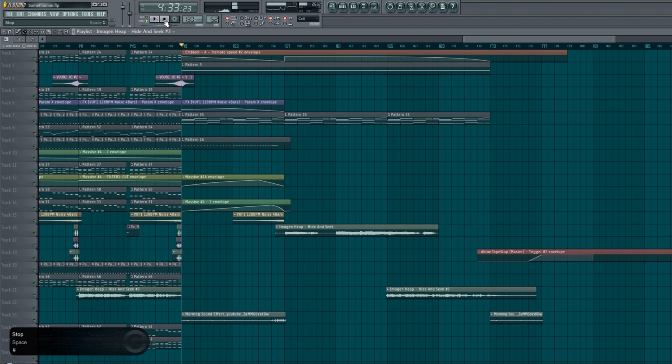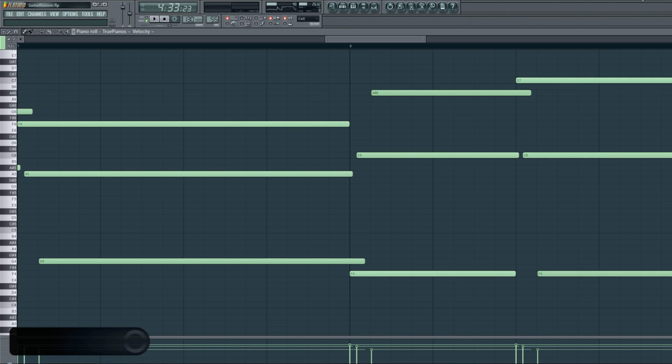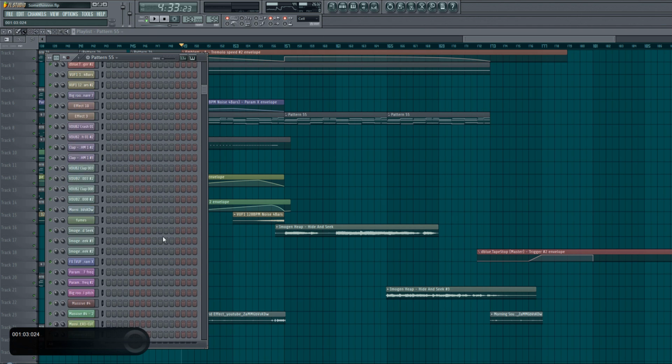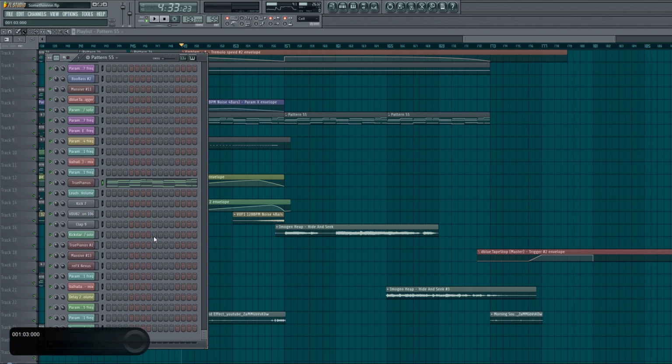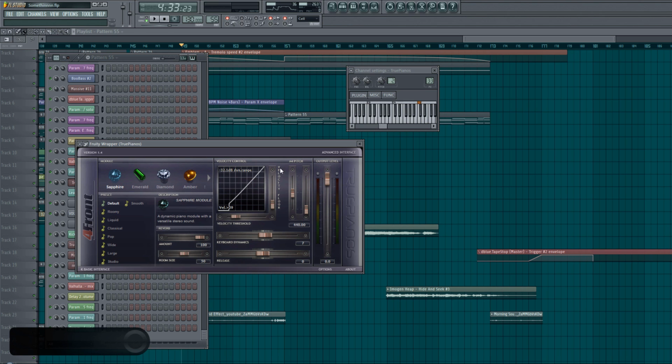Okay, so this part comes in, and all it is is the little doot doot doot, little dukes or whatever, and then true pianos comes in. Why it's my favorite? Because it could go from a variety range from dance to melodic pianos, and yeah, true pianos. All I did was velocity threshold, keyboard dynamics, velocity goes,